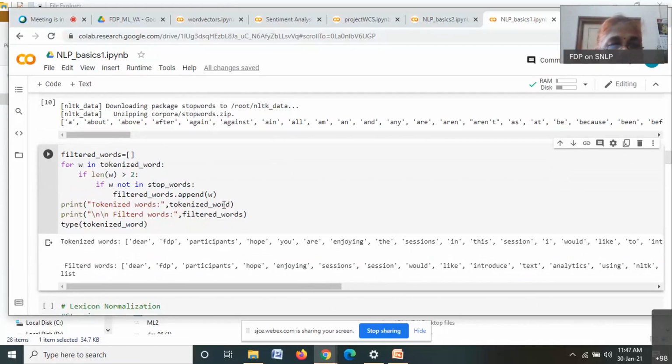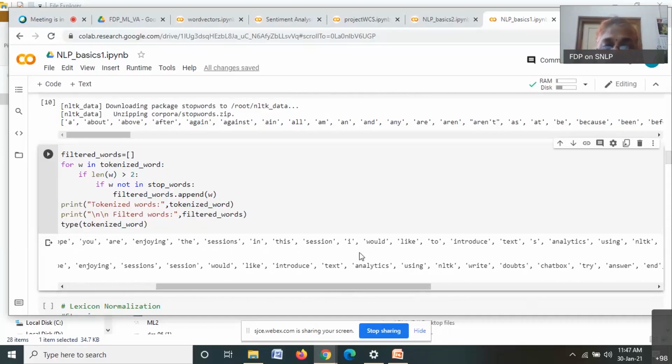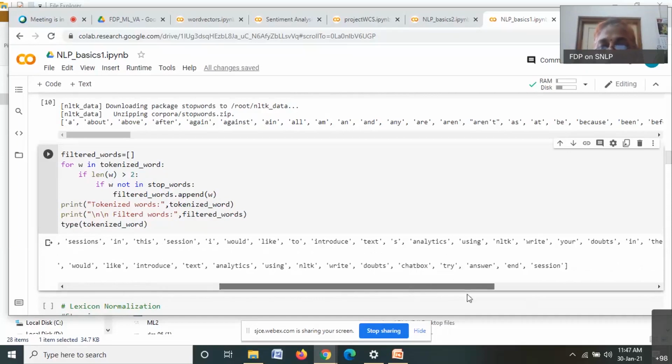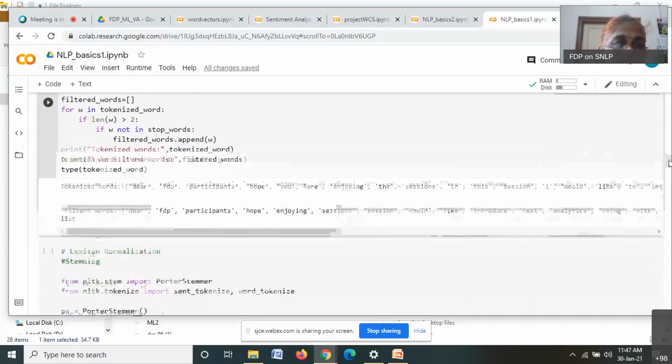Participants is there, enjoying. 'You' is a stop word, 'are' is a stop word, 'the' is a stop word. So these are the words without stop words, or we can now call these the content words.